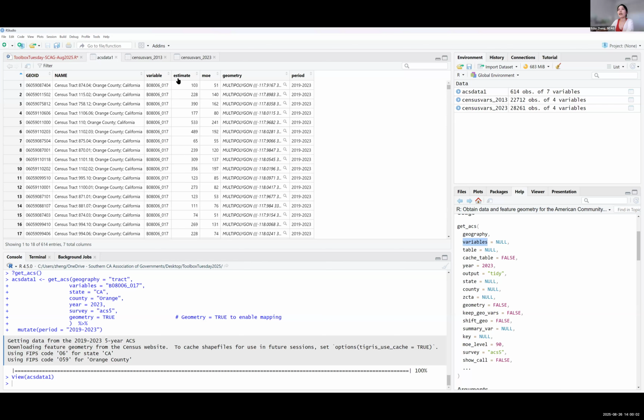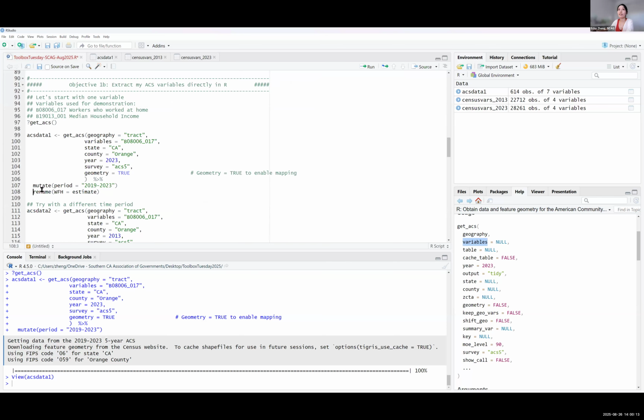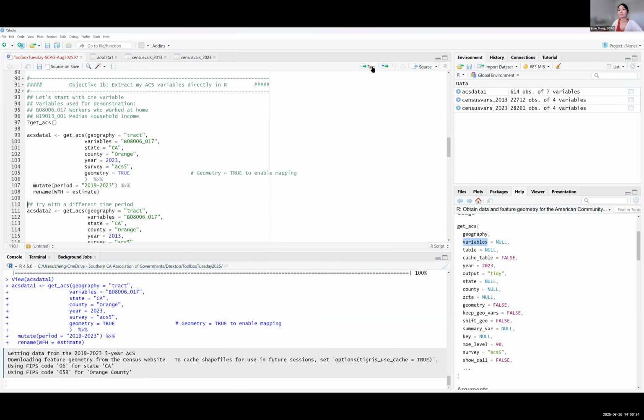So here you can see we have this variable called estimate. It's not something extremely informative, and that's why I do one more step here to rename estimate into work from home. So later on, it will be slightly easier for me to remember what this is. So I put my pipe operator back and just now I hit run.